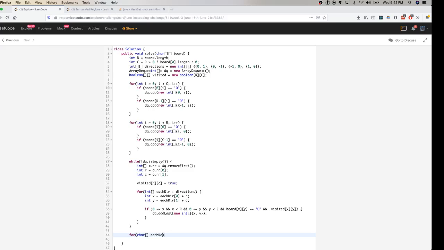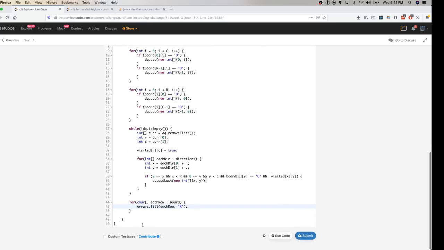So I'm just going to say for each row in board, Arrays.fill each row with X. Okay, so now each row would be filled with X.